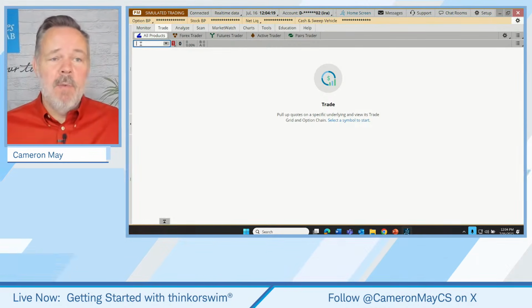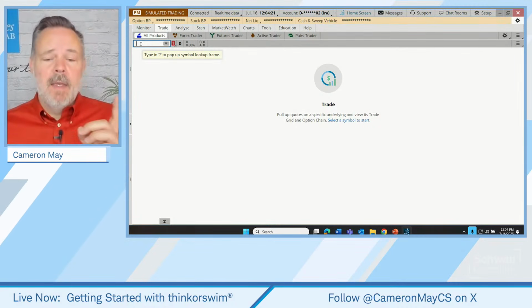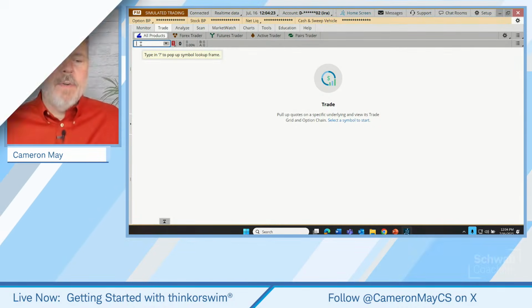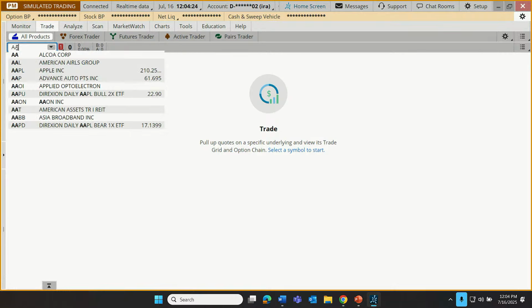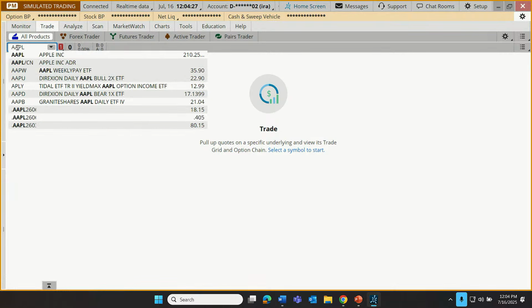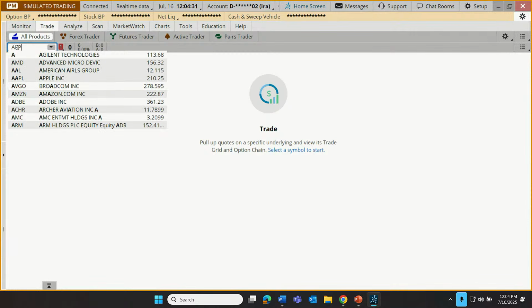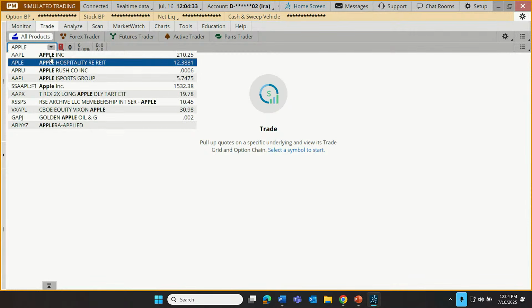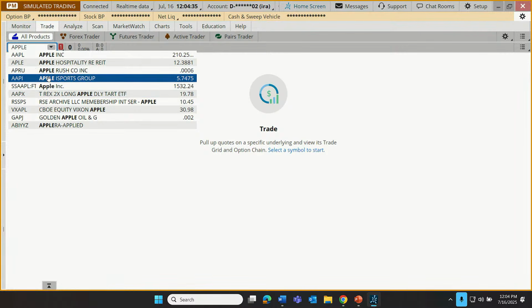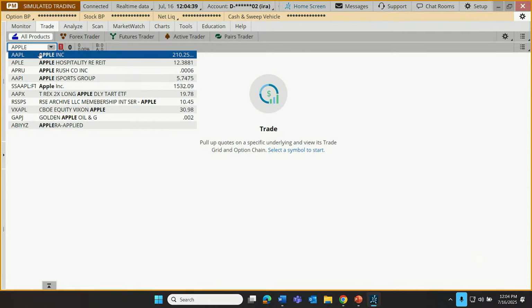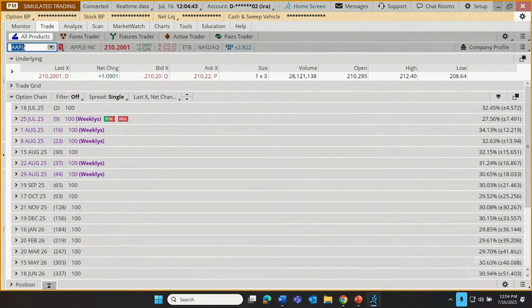But the first thing that we need to tell the system is, what do we want to trade? So for today's example, let's do Apple. Trading symbol is AAPL. If we didn't know the symbol, we've already learned this, but we could just type in the company name, and then in the drop-down menu, it will propose possible things that we might be looking for. Here's our Apple Incorporated common shares. I'm going to click on that, and this loads up that Trade tab.